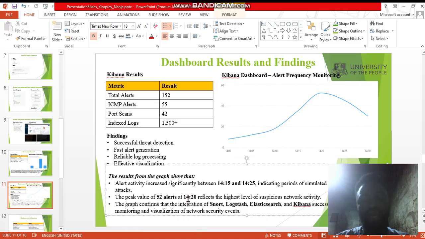It has the highest value of 152 alerts at 5 minutes from the time that the alert was detected. That's at 2:20, and then the alert was run at 2:15, reflecting the highest level of suspicious network activity. Now, this graph here slopes upwards and then slopes downwards, and it confirms the integration of Snort, Logstash, Elasticsearch, and Kibana for intrusion